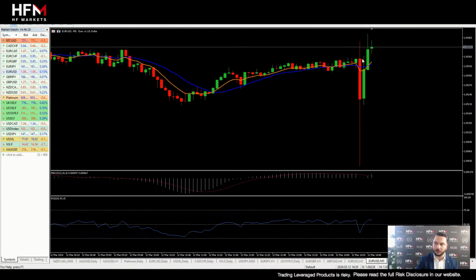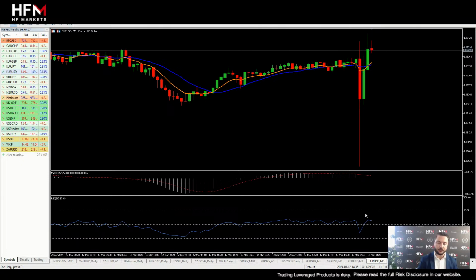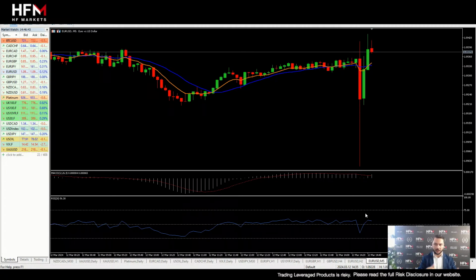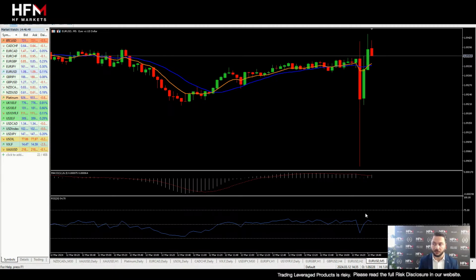If we switch over to a 5 minute time frame, we're in the positive zone of the MACD. We've got an upward crossover and we're above the RSI as well. So you can see in terms of technical analysis, because of that very quick rebound, there's still a lot of scenarios, a lot of aspects, a lot of indicators which are still indicating the euro against the USD will increase in value. But we really have to be cautious about this because fundamental aspects in terms of the domino effect,